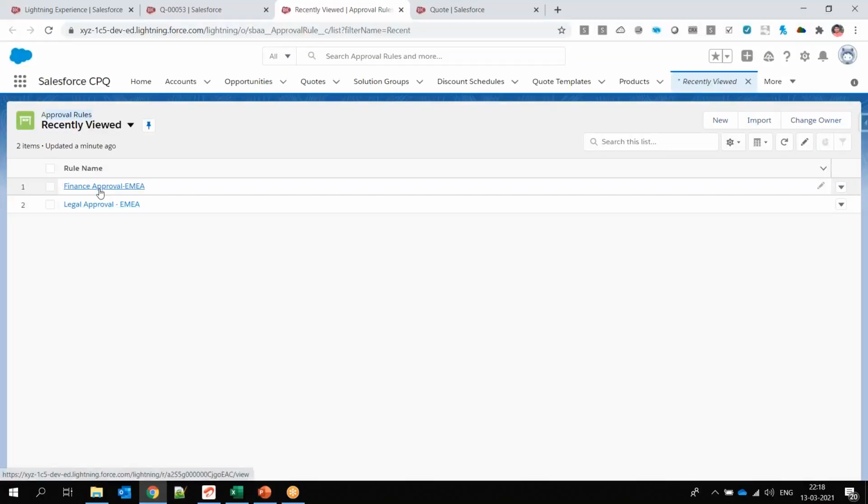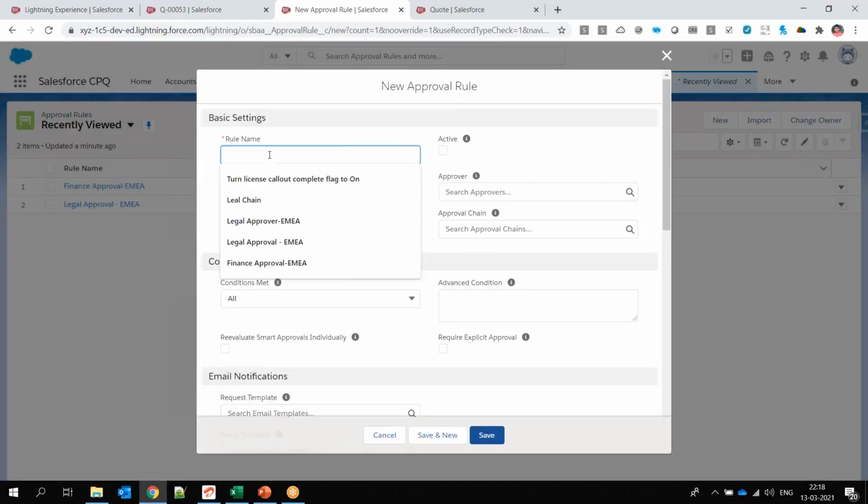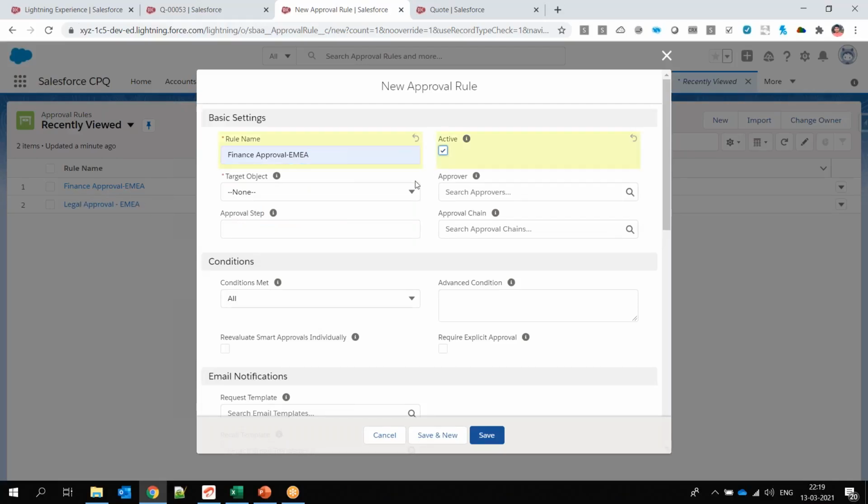So I created this finance approval, legal approval. You can create your own approval as well, right? You can click on new, you can create your approval rule. You can give the name of your approval. I'm again creating finance approval. I don't have other name other than finance and legal. You can make this active, right? Otherwise, we created finance approval EMEA. Let me create for